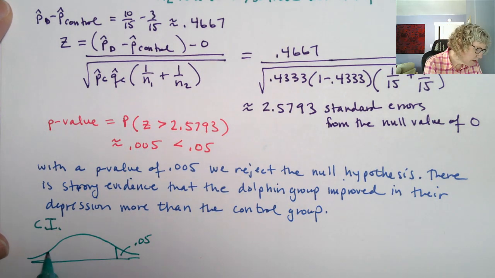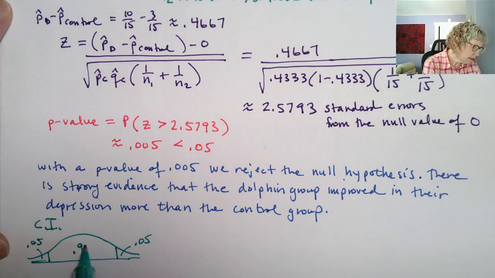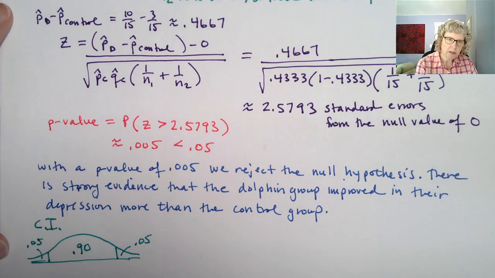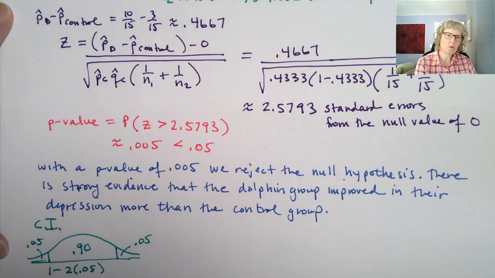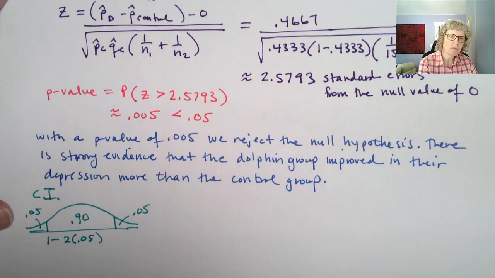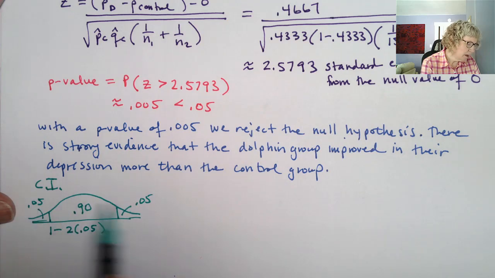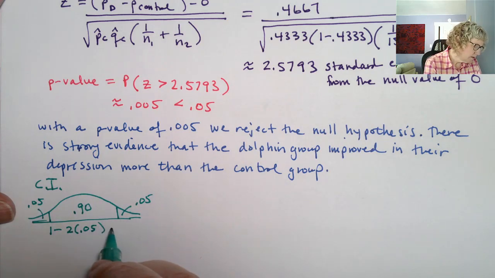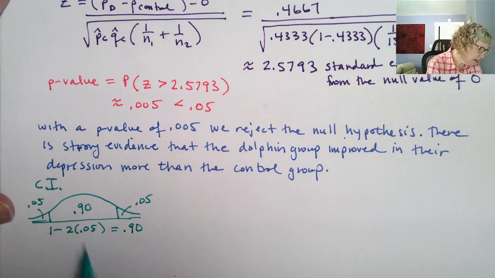So in the left tail, there would also be 0.05, and we need a 90% confidence interval. I just did 1 minus 2 times 0.05 if you prefer the formula way. The whole of 1 minus the 2 tails is 1 minus 0.1 or 0.9. So we need a 90%